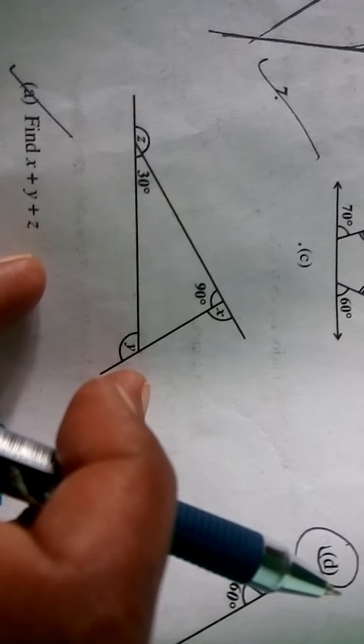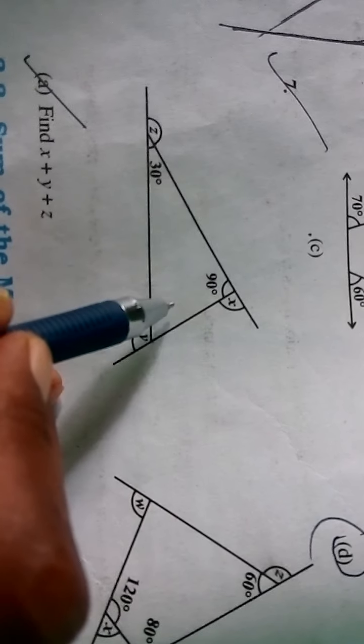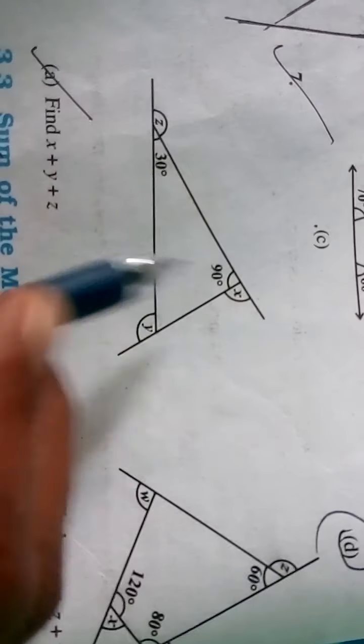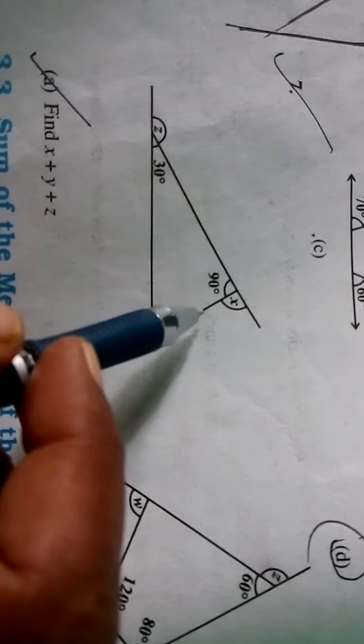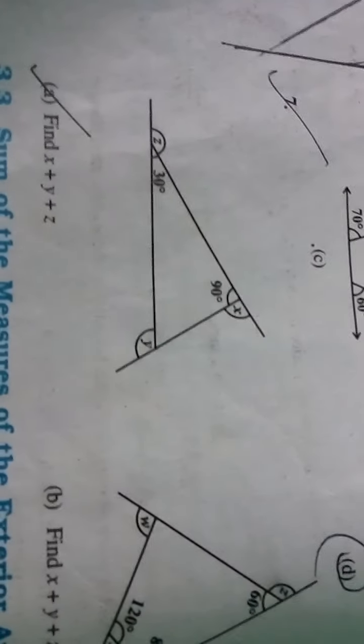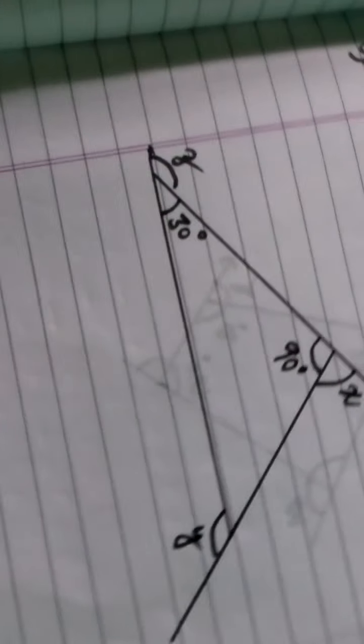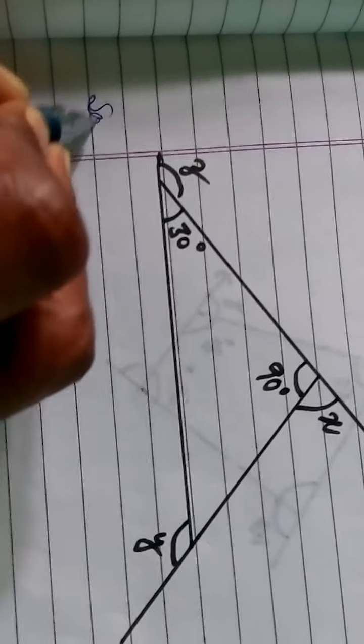So how are we going to solve this? We are going to solve this by two properties. First is the angle sum property and second is the linear pair. Now let us try to solve this. Firstly we will apply the angle sum property of a triangle. So, solution: